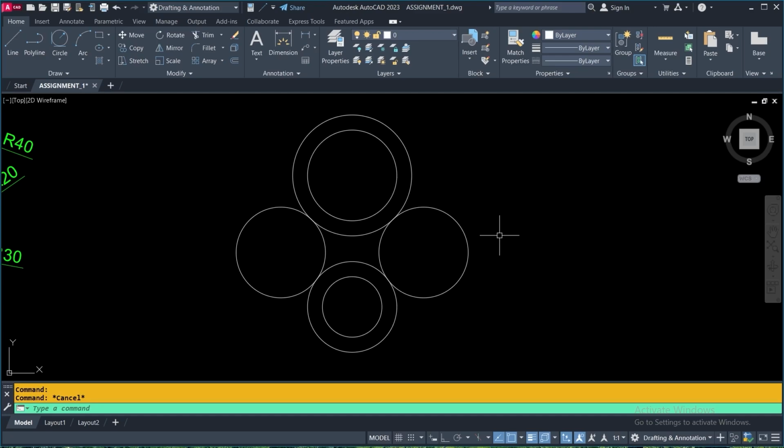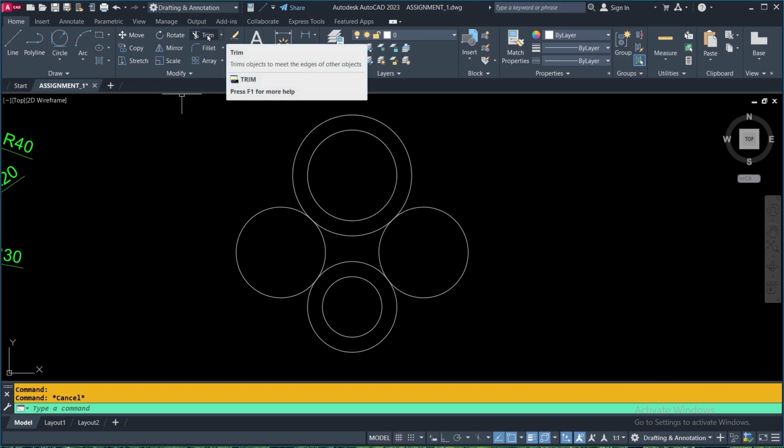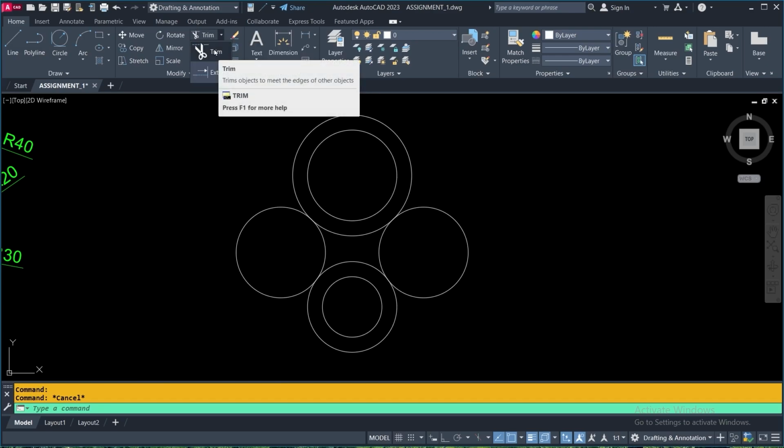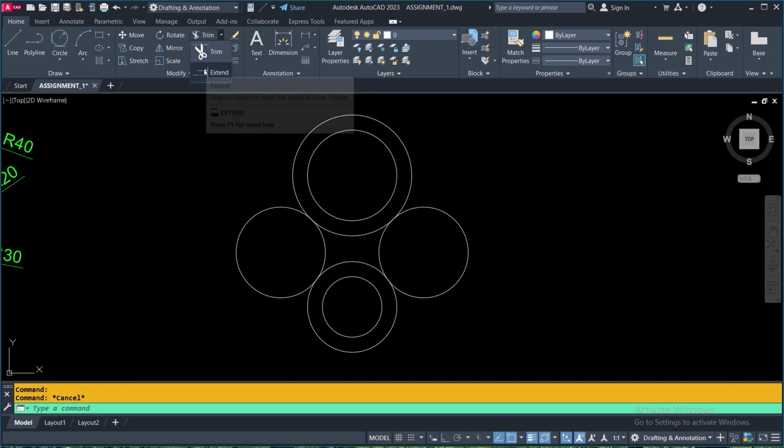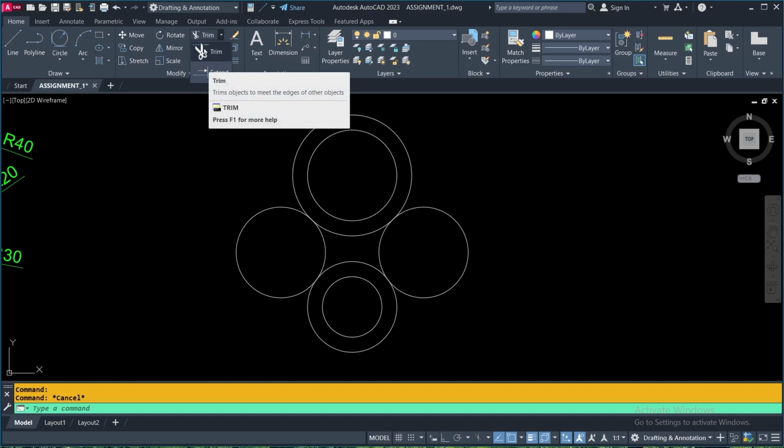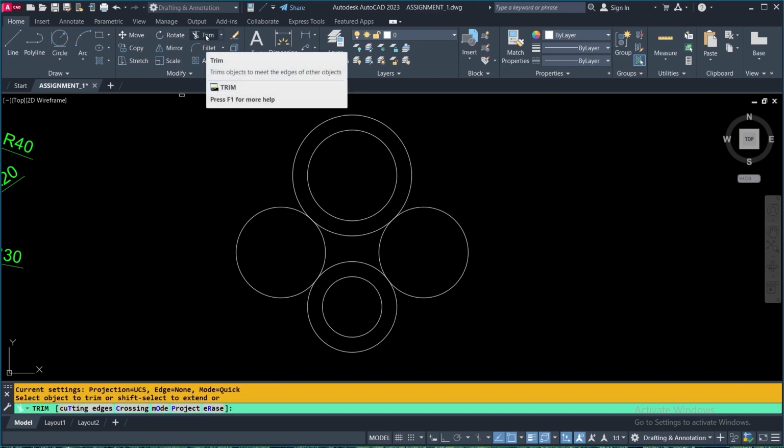Going to the trim tool, it is in the modify panel. Here in the first line, move, rotate and then trim. You know already the erase tool is just at the left side of the trim tool. Here it is also a down arrow. Clicking here, there are two options, trim and extend. Now we will learn the trim. That's why I am clicking on the trim tool. You see trim is here,